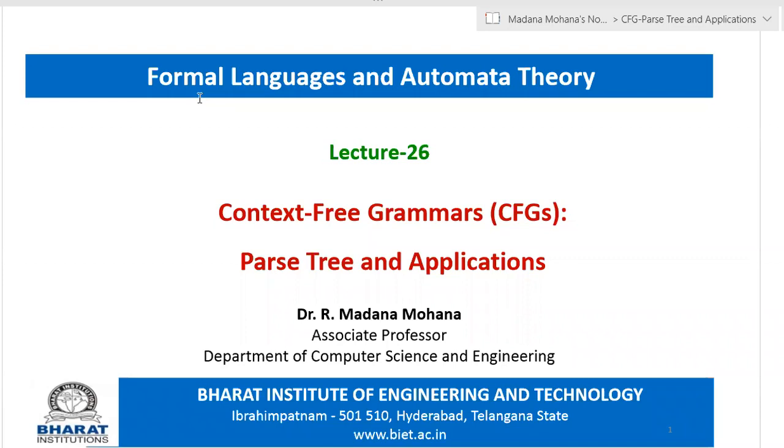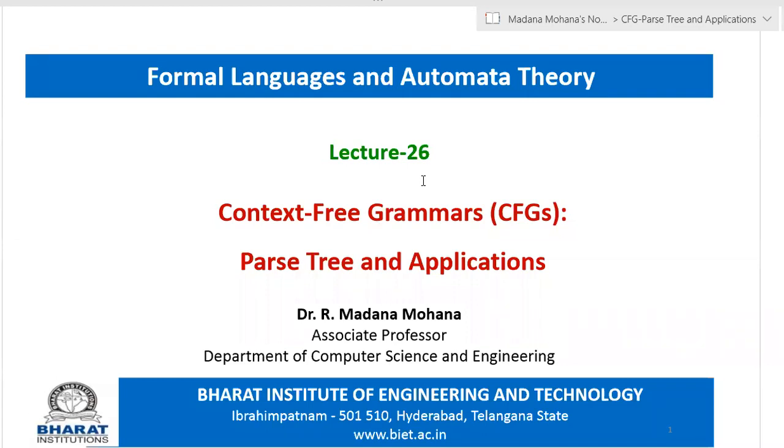In our earlier lecture, we discussed the introduction to context-free grammar, how to define a context-free grammar, the formal definition, then the production rules of context-free grammar, then examples of context-free grammar. Then we discussed what is a derivation, how to derive a string from the given context-free grammar, then various types of derivations. We discussed leftmost derivation and rightmost derivation,